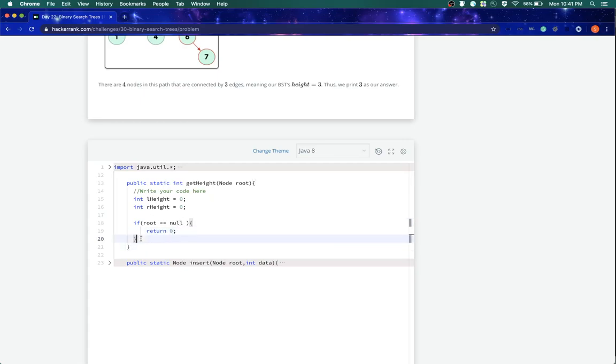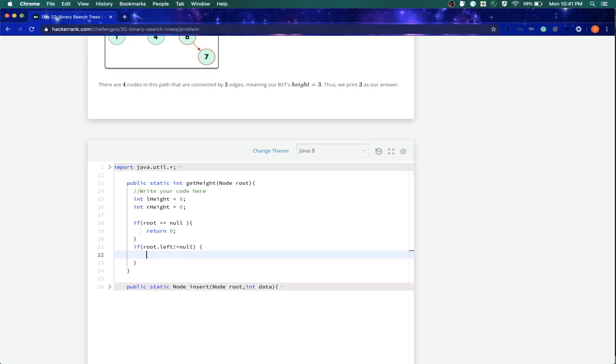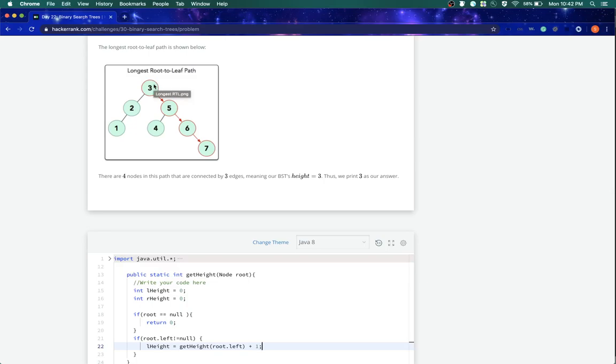Right, now if my root is not null, what I'll check is if root dot left is not equal to null, that means there is a left child available of this parent. So I'll say left height, we'll use recursion in this, is equal to, again we'll call get height, and this time what I'll pass in is root dot left, and then I'll say plus 1 because we have already traversed one path. This means when I'm on node 3, I'll check whether the left child is available or not. I'll see yes, 2 is available. I'll go and then I'll calculate the height from 2,